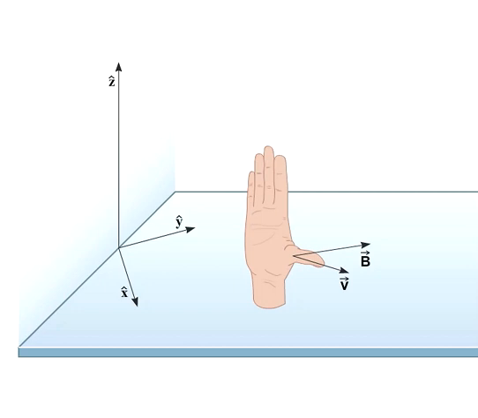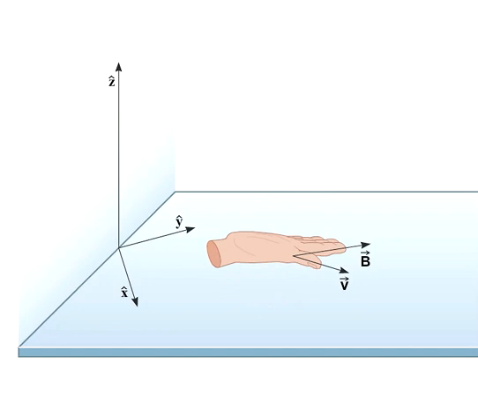As you can see from the drawing, this condition is met. However, the other 4 fingers must point in the direction of the magnetic field. This is not the case with our hand, so we have some work to do. To meet this condition, the hand must rotate about the thumb until the 4 fingers point in the direction of